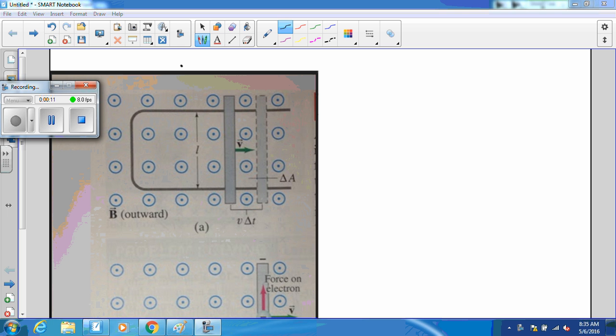We're going to be talking today about generators, and I want to start with a concept that's in your book that is an extension of Faraday's law of induction. So remember that our guiding principle for this entire chapter has been that the EMF that is generated by magnetic field is equal to negative